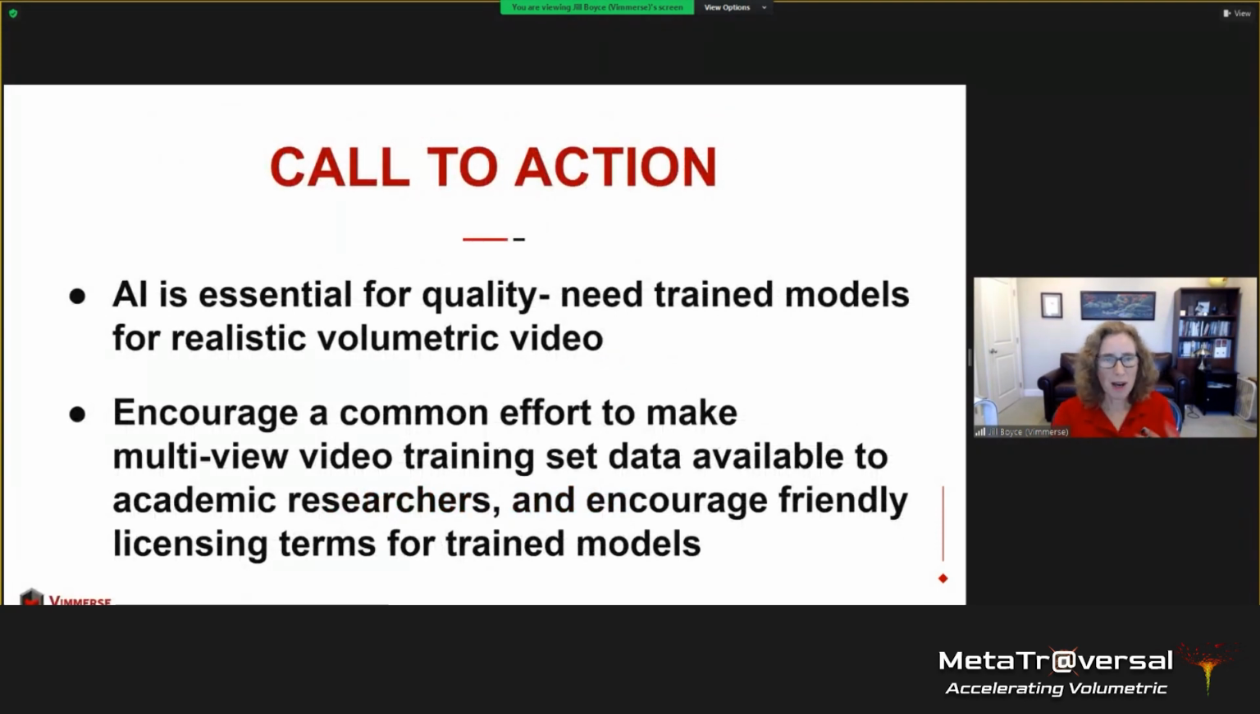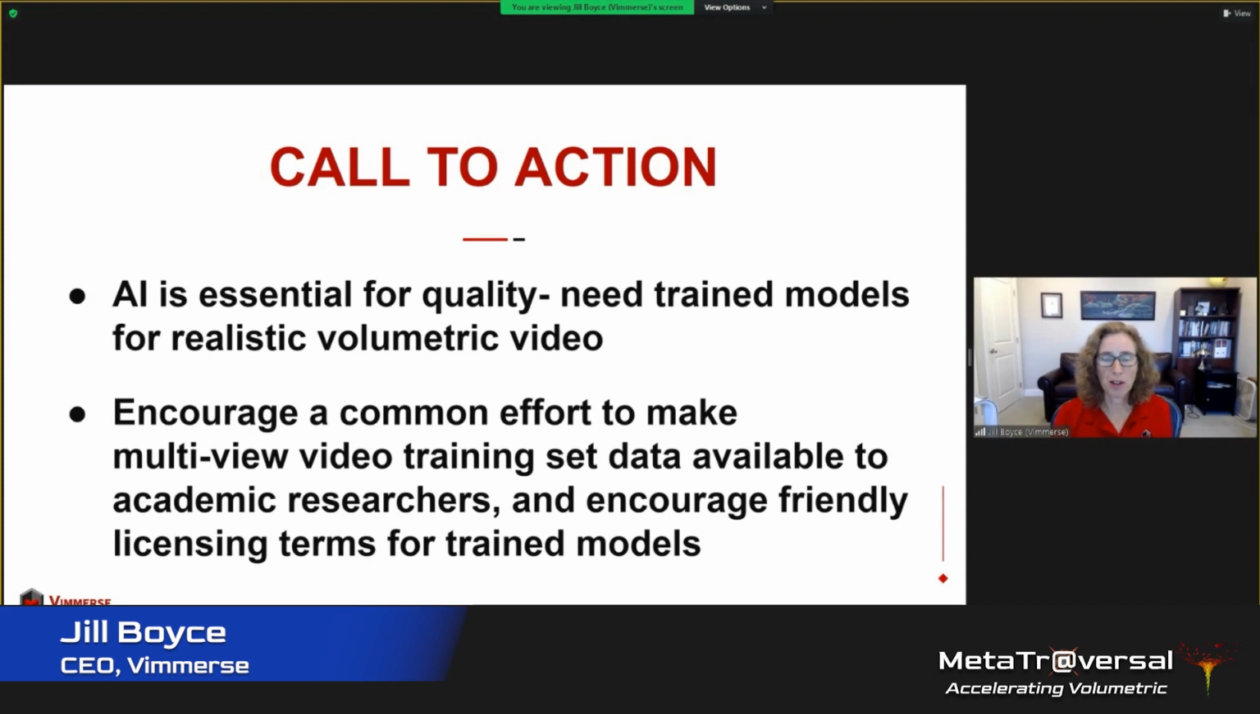But let me just make a call to action. I really feel that AI is essential to get better quality for volumetric, and so we as an industry need trained models for realistic volumetric video. I know there are a lot of companies doing AI related things who don't necessarily want to share them. But to move the industry forward, we need to work collectively